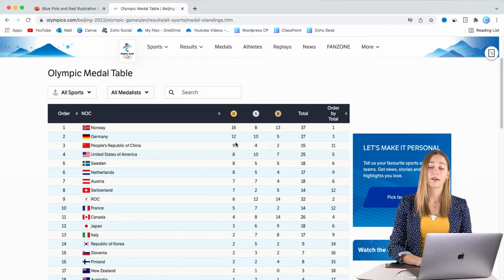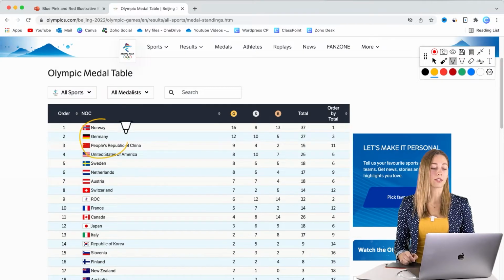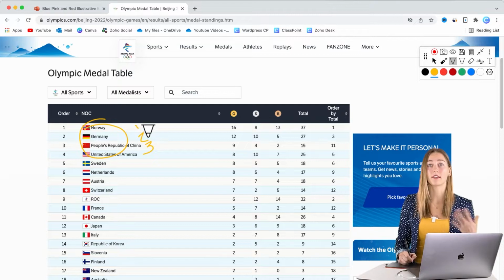So I also have downloaded a Chrome plugin that allows me to annotate on any website. So using this, I can go ahead and click on a pen and then go ahead and annotate on any of the websites that I have open here. So this is really convenient, gives you access to drawing and writing on anything like you didn't before.